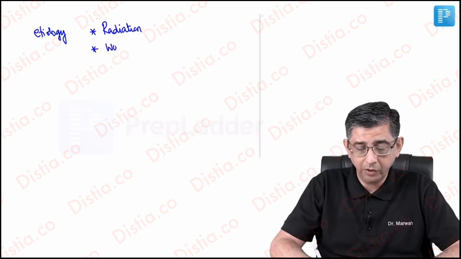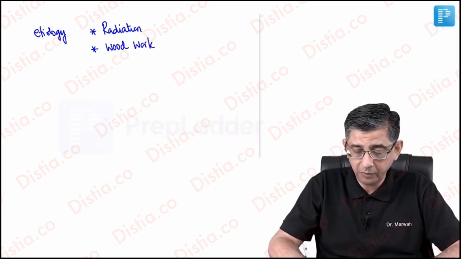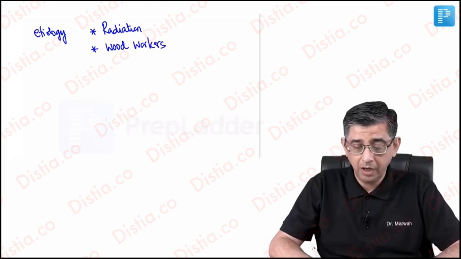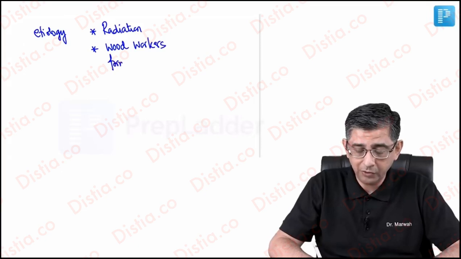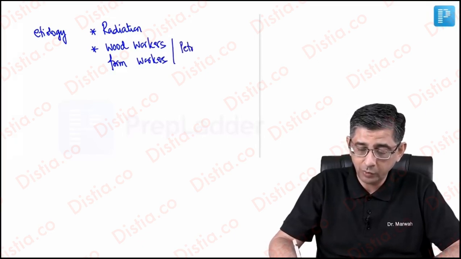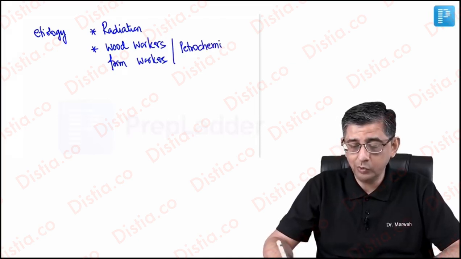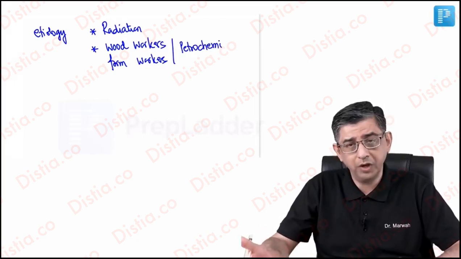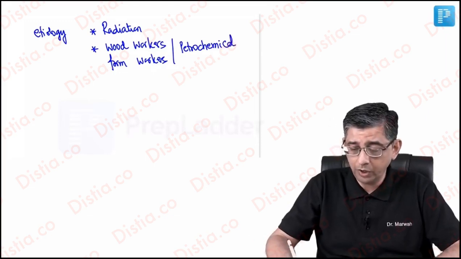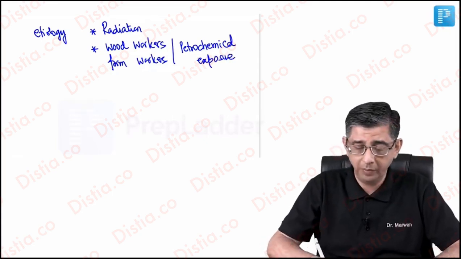The next etiology that I want you to remember here will look very surprising when I write it initially before you. That would be woodworkers and farm workers. And your query would be, sir, woodworkers, farm workers, how is that so? I want to tell you that both of these have exposure to petrochemicals. A woodworker might be exposed to turpentine oil and other chemicals which are used. So petrochemical exposure has been documented to contribute to the development of multiple myeloma.